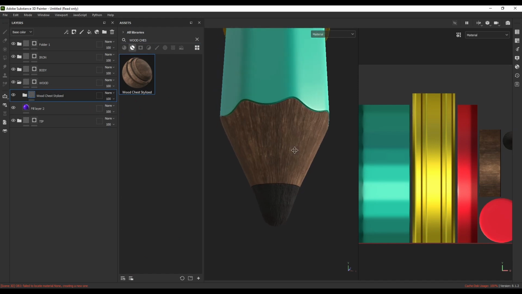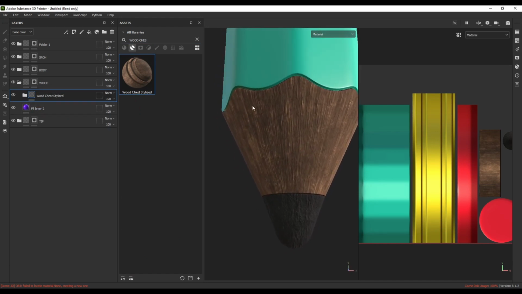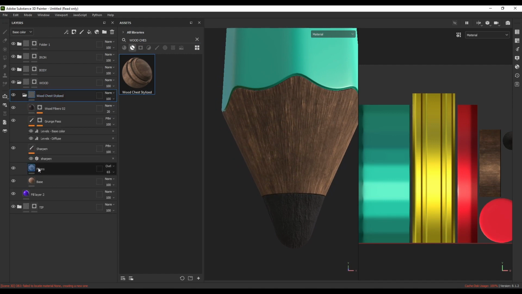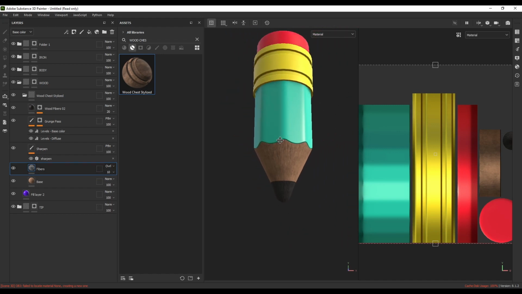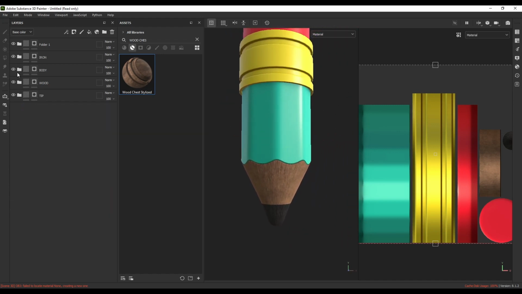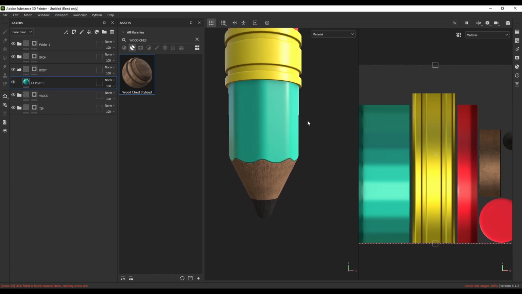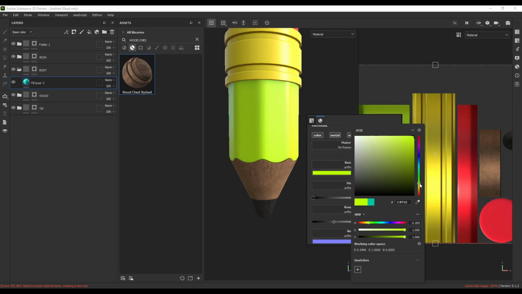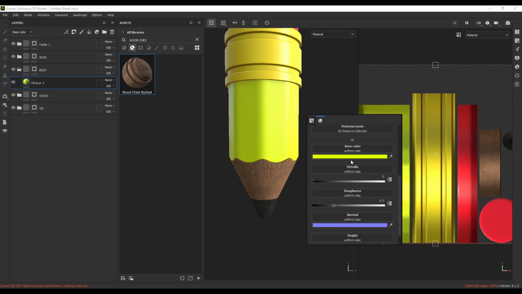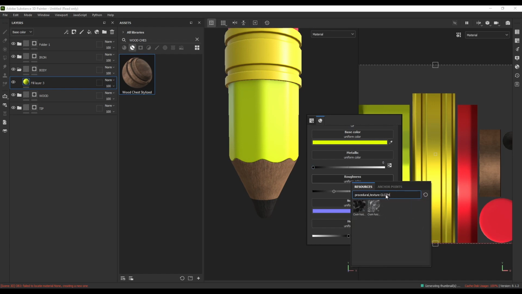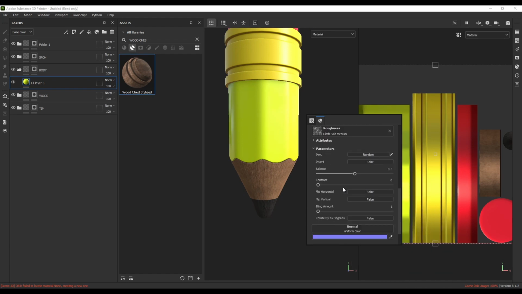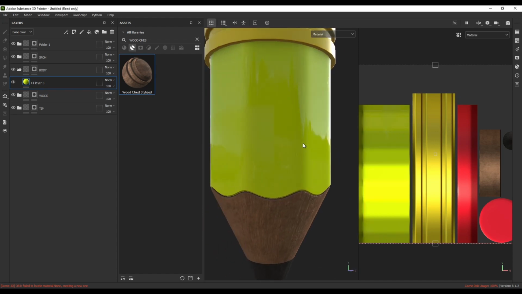put it right here. It's a little bit dark, we need to make it brighter, so open this smart material, go to fiber, and change this overlay to something like 10. Okay, let's continue on the body. The body can be a yellowish color, and for the roughness we can go for cloth fold medium and decrease the balance to something like 0.25,